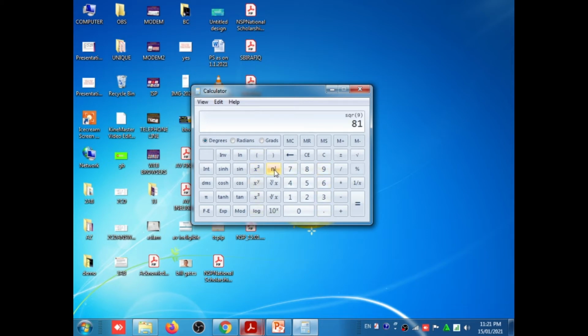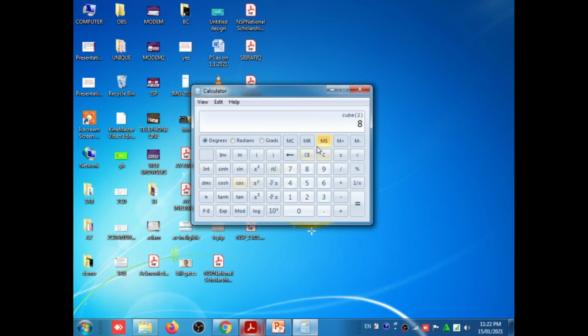This is called factorial. 3 factorial is 1 into 2, 2 into 3, which is 6. So you click 3 and here click the factorial. Similarly 5 factorial means 1 into 2, 2 into 3, 3 into 4, 4 into 5. Just click here. Like cube also: 2 cubed is 2 into 2 into 2, 2 twos are 4, 4 twos are 8.